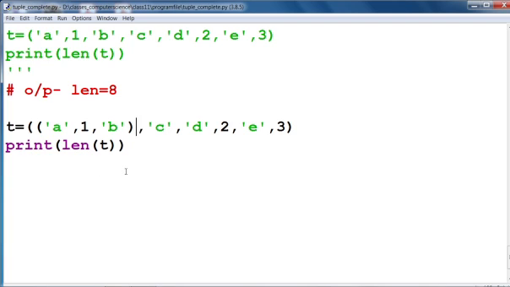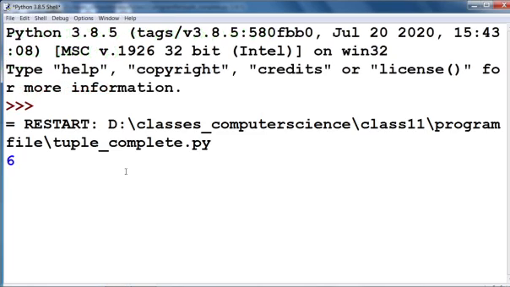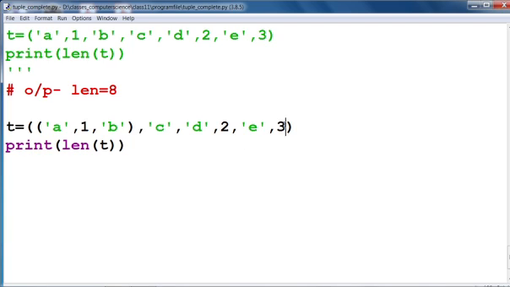Now check the length of t. You can see that the length will be 6. Count the elements 1, 2, 3, 4, 5. The length is not counted as 3, because this is one single tuple.